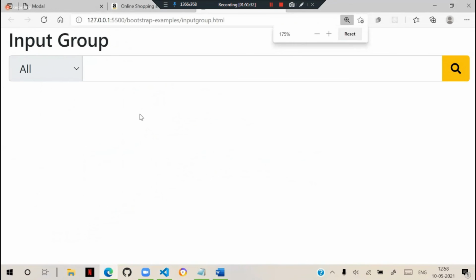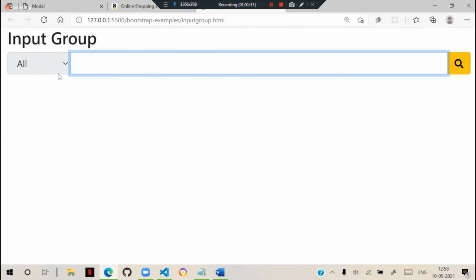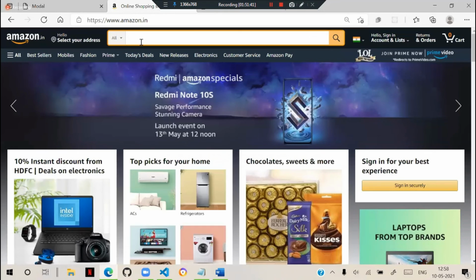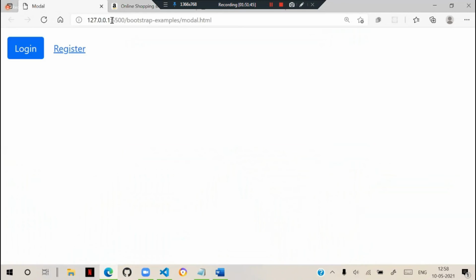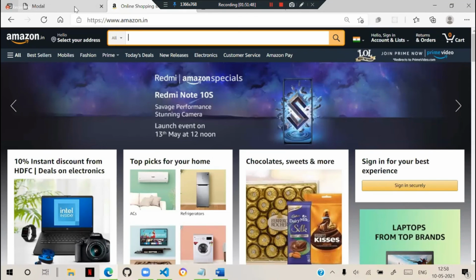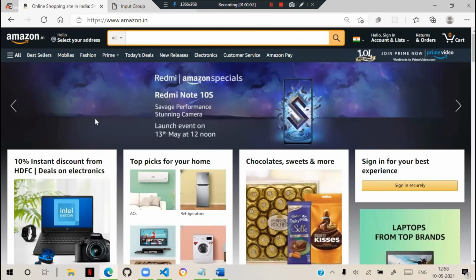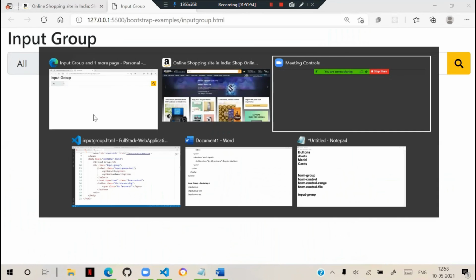That's how you saw it on Amazon. It will keep the content accordingly and display. So this type of appearance is there now in this box. We can have a border for that, keep it inside. So in our input group, we can design like that. This is the new option.